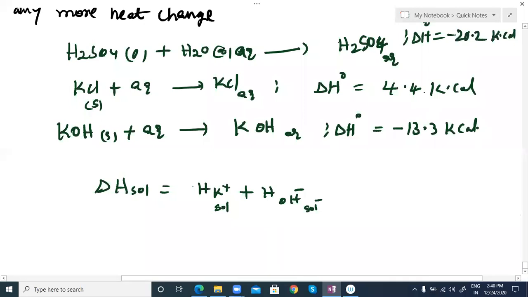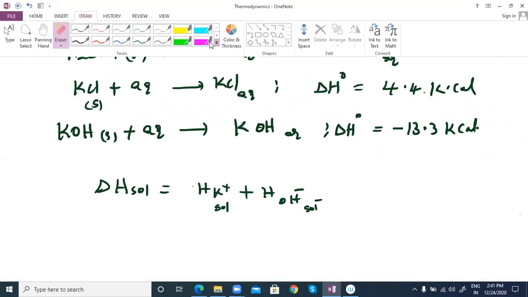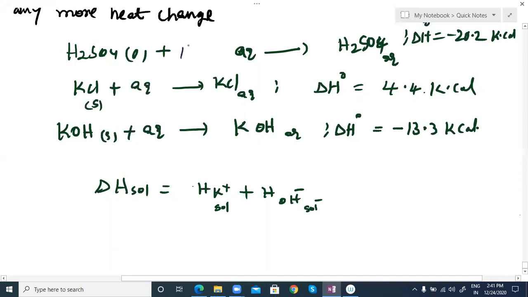Of course, they can dissociate into ions. Water soluble means KCl soluble, K plus and Cl minus will form, right? H2SO4 gives H plus and other ions. Okay, here I have given H2SO4, you have to write it. First one, H2SO4. Water aqueous, write it. Water or H2O or aqueous, both are correct.